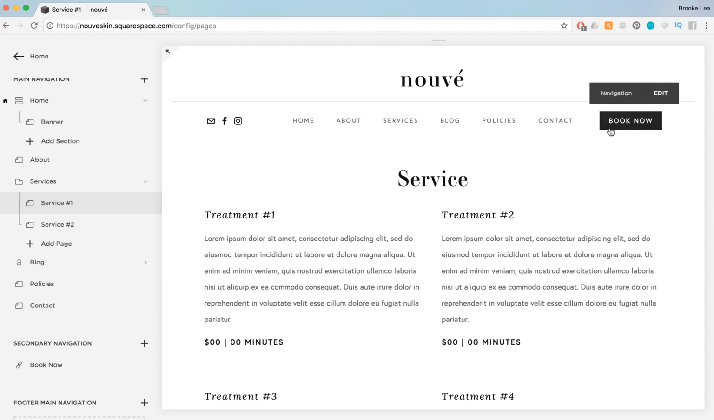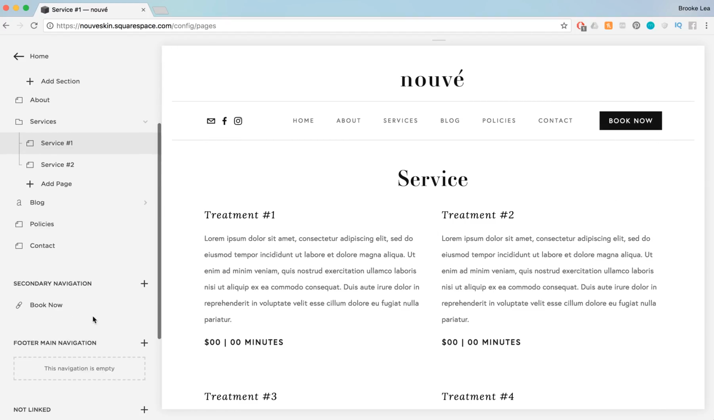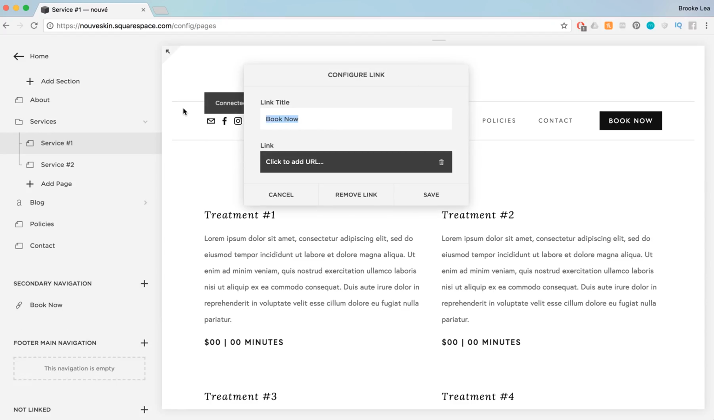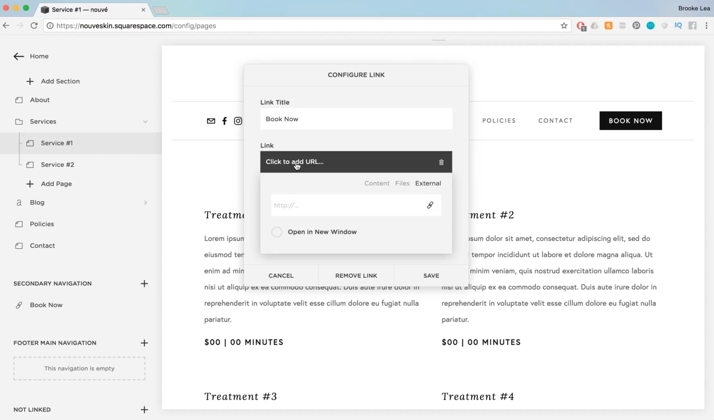So this Book Now button, first of all, it can say whatever you want it to say. It can say "Call now," "Contact us," whatever call to action you would like. You can just click this settings wheel by the button and then title it whatever you want. If you're going to say something like "Book online," then you can click this and paste in your booking URL. If you don't have a booking URL and you want to say "Call now,"